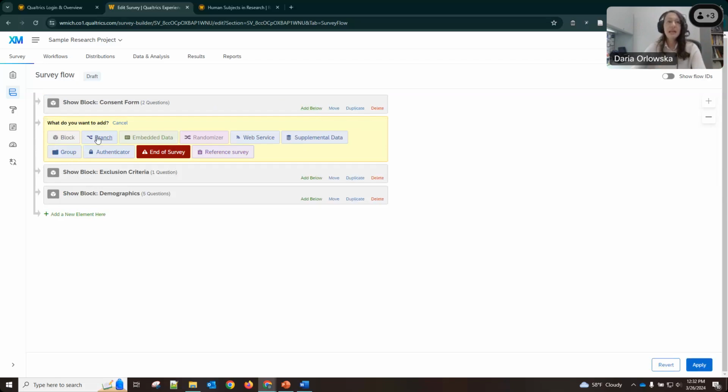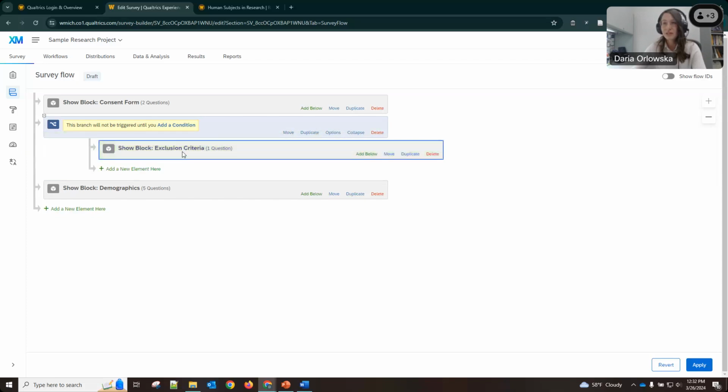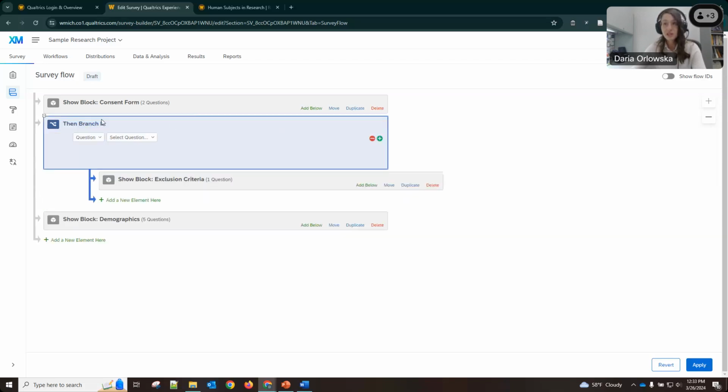This is just saying if they select this response, show them this. So click branch logic, and I'm going to drag my exclusion criteria by clicking on move, and then it will show you that cursor with the four arrows, and I'm going to put it underneath that element. And it says this branch will not be triggered until you add a condition. So click on add a condition.